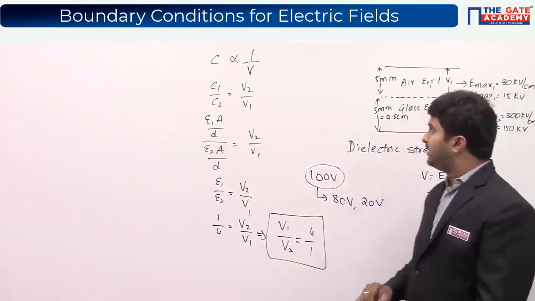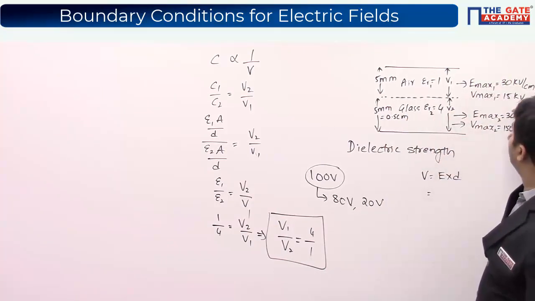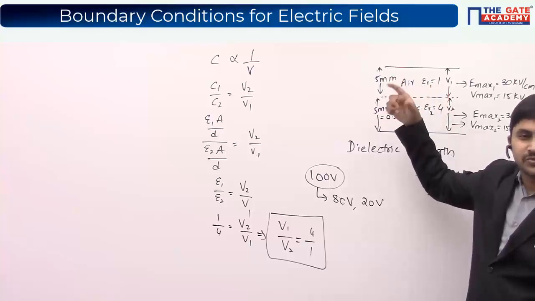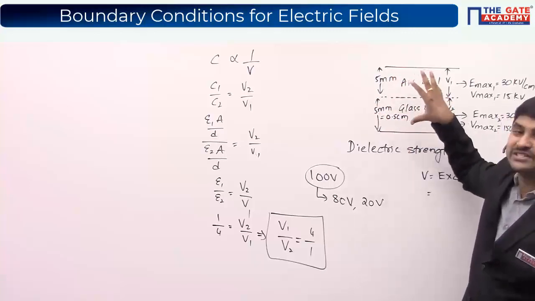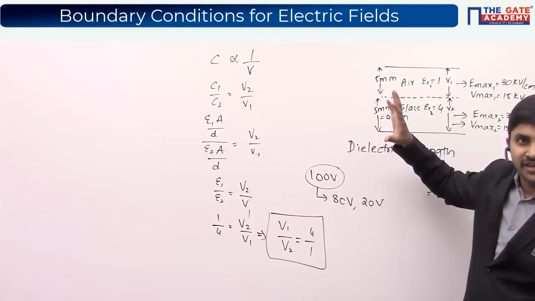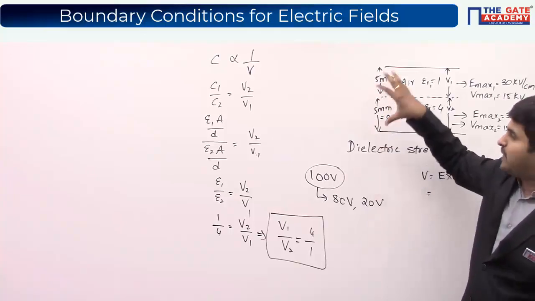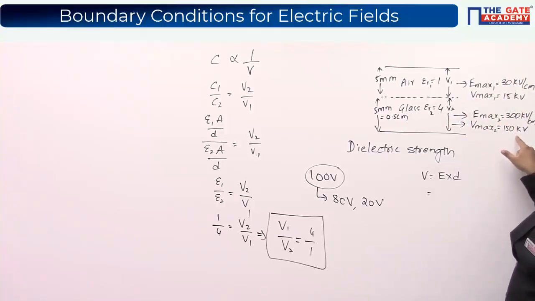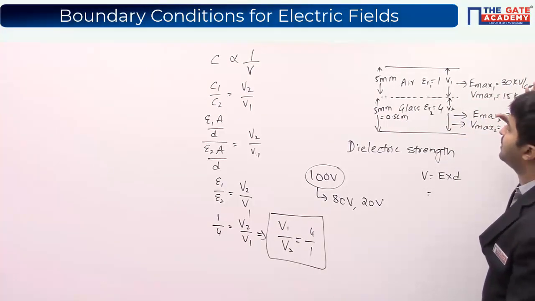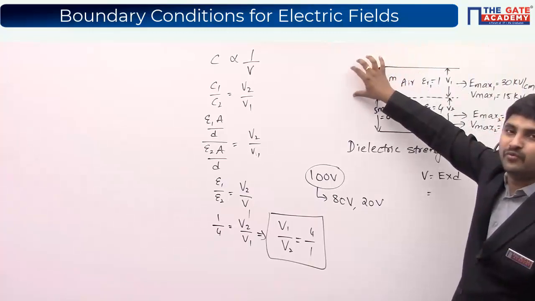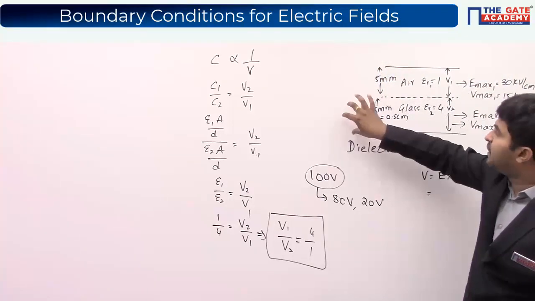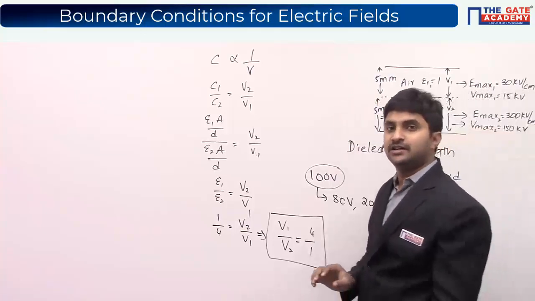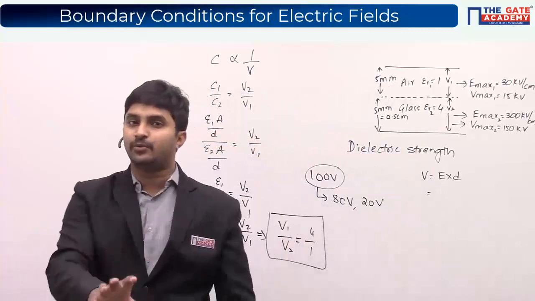So in that way, do you think that I can apply a total of 165 kilovolts? Is it possible that I can apply a total of 165 kilovolts here? If I apply 165 kilovolts in total, considering that here the maximum voltage is 15 kilovolts and here it is 150 kilovolts, then 4 parts of it is going to move into this, 4/5 of this, and 1/5 of this is only going to come to the glass. Now you tell me how we have to approach this.